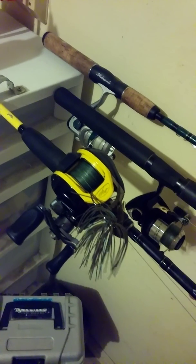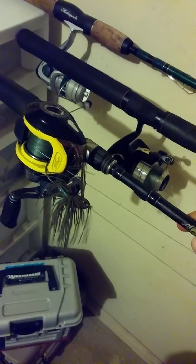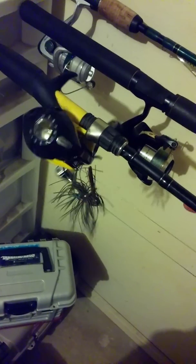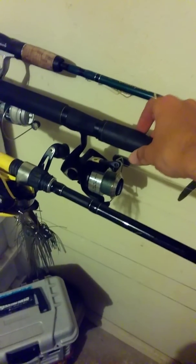This is a 6.2 ratio reel. Came with the rod, like a combo. I'm trying to remember the... Oh well, there's something else. It has like 5-to-1 ball bearings or something. And then that's just an old...